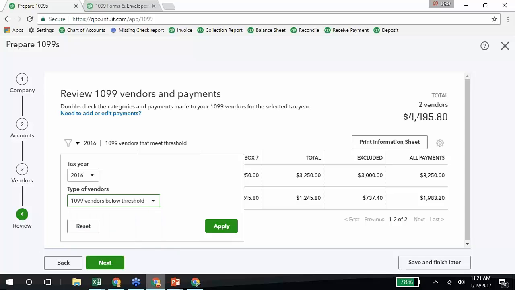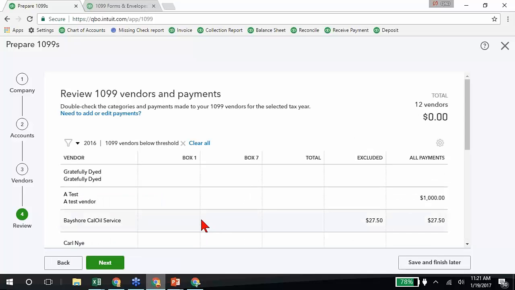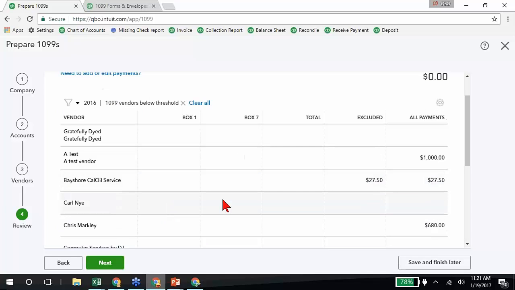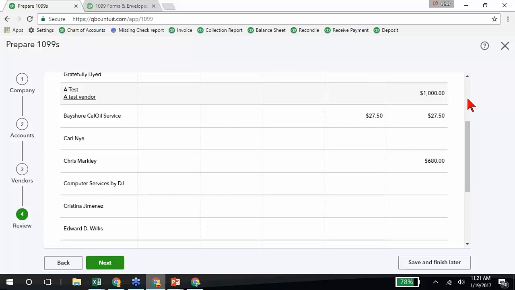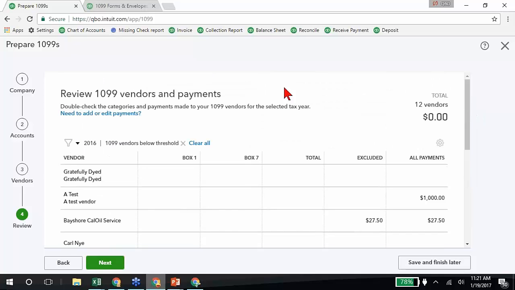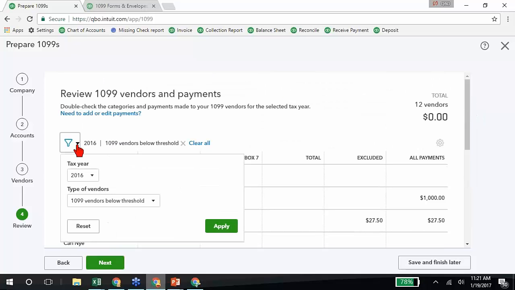So let's say we wanted to look at vendors that were below the threshold. Apply. Now you'll see we had a few more vendors out here, quite a few, like Bayshore Cal Oil, a bunch of them. So I'm going to filter back for just the ones we wanted. All right, I accidentally clicked on that. Let's get it to scroll up for me. Go back up here. Let's filter for the ones that are above the threshold,